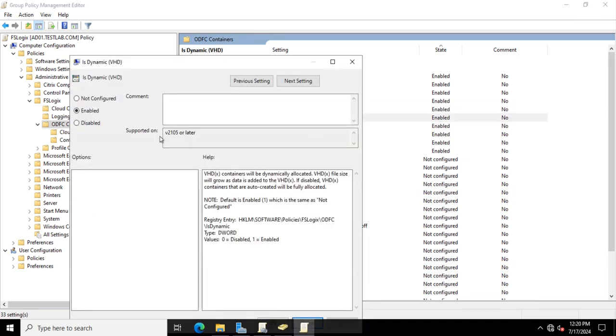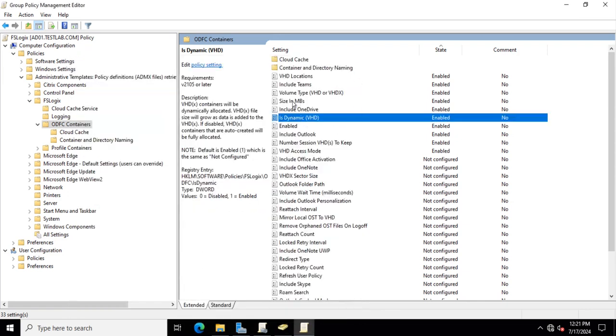This option is also very important because it will not create the disk at its maximum configured size. It will create it dynamically. So if I set in the above step 1 gigabyte, it will not create the file, the disk at